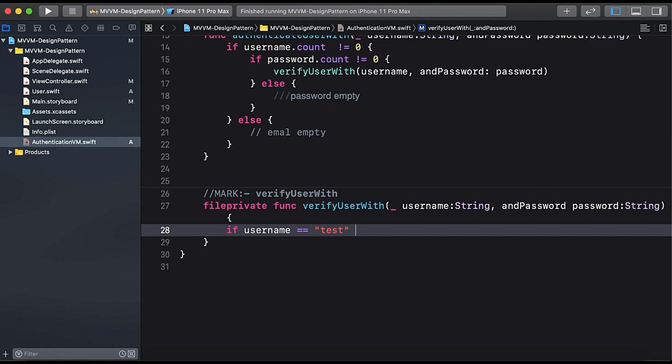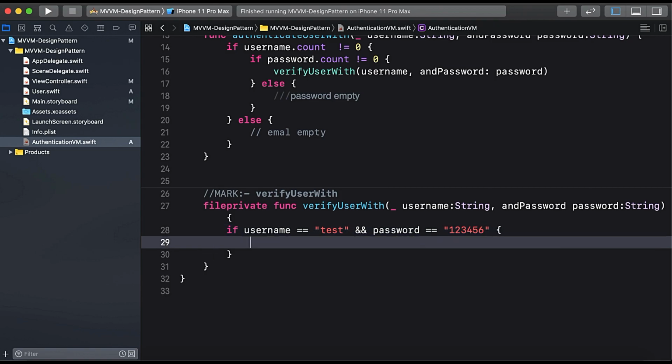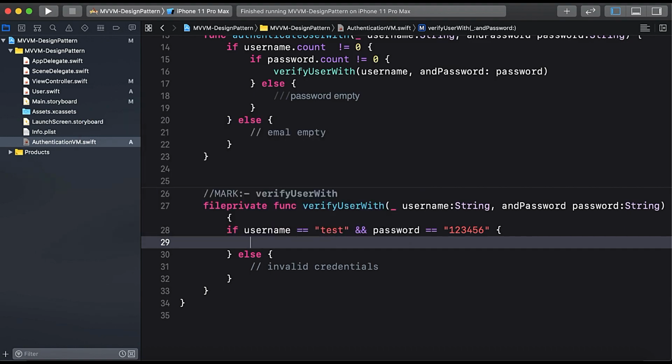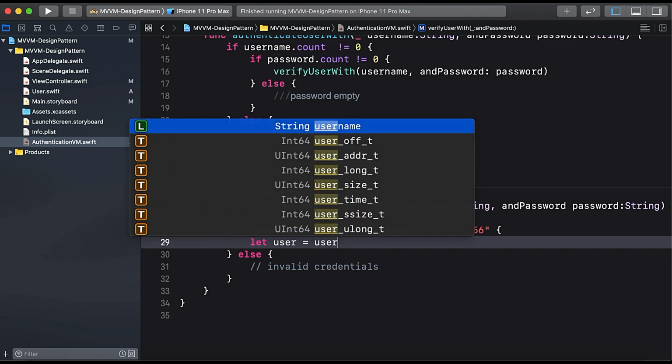If username is equals to test and password is equals to 123456, then we have our user login, and otherwise we will throw a message that this user doesn't belong to this app, or whatever, invalid credentials. Let's say invalid credentials, and here we will create let user is equals to our user model,